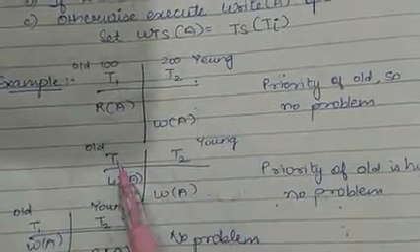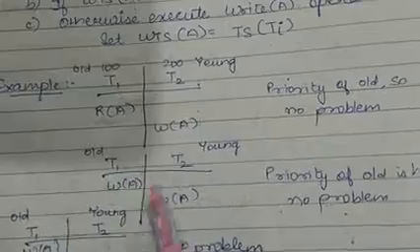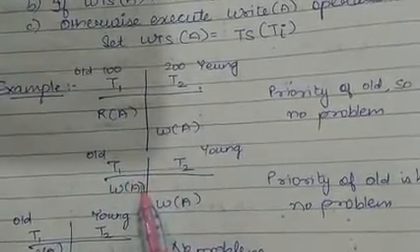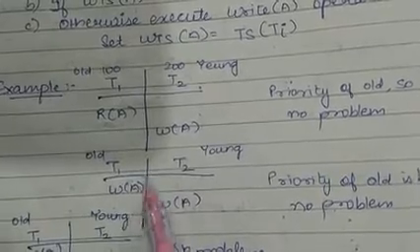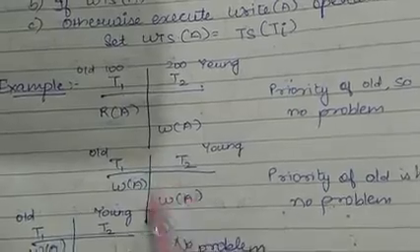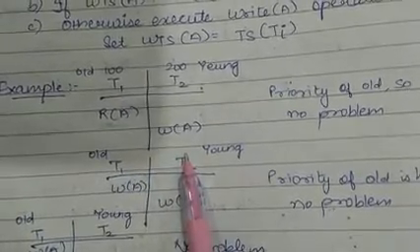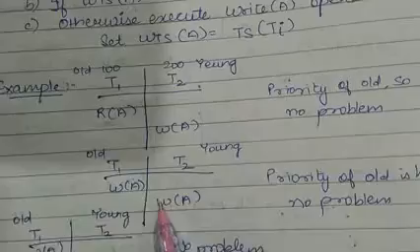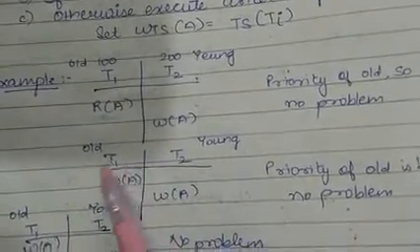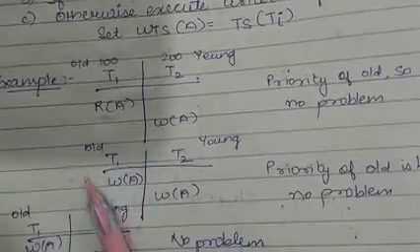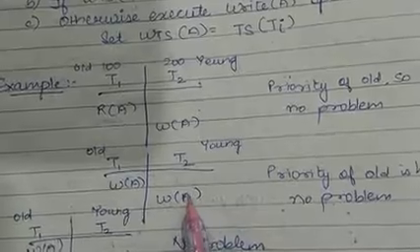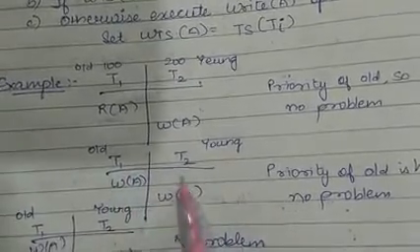And see, T1 and T2 both have a write operation, write A and write A. When we were talking about conflict serializability, we were also saying that a write A has a conflict with write A when it is executed in some other transaction. But when we are talking about timestamp-based protocols, this is not an issue. Here we are executing our oldest transaction first and the newest transaction last, so there will not be any issue.